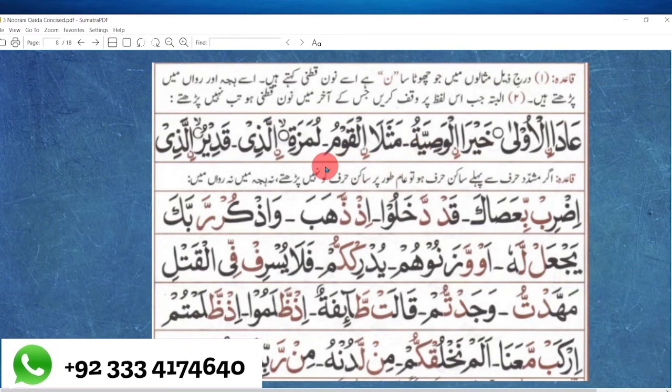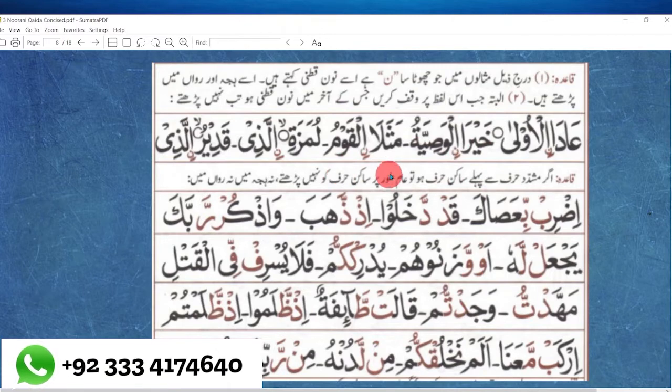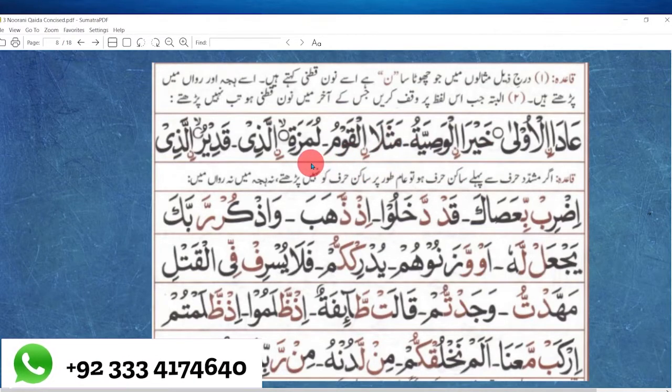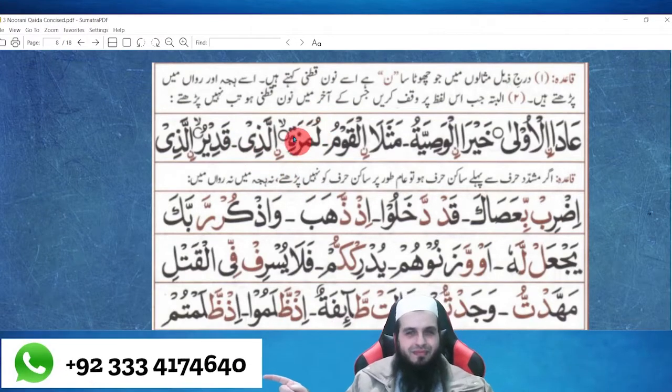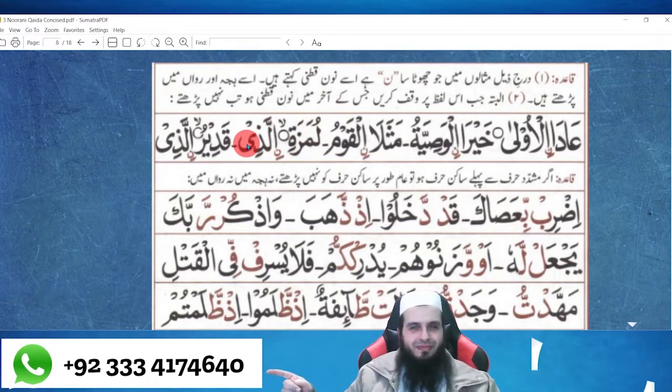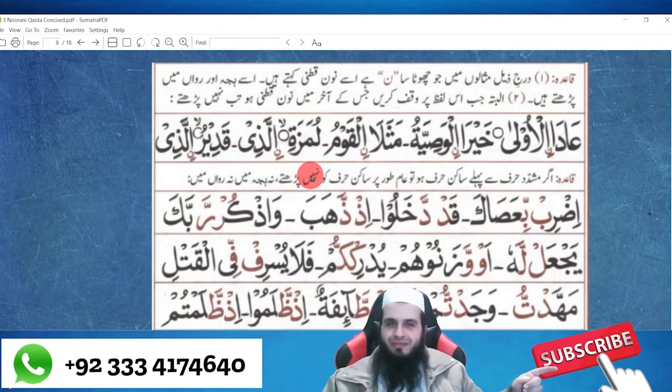Mathalanil qawm. Okay, and in regular mode, mathalanil qawmu. If we decide to stop here, it will be lumazah. Then the next verse will be started like alladhi. We will put an imaginary zabar on alif, turning it into hamza, ignoring the noon qutni. However, if we decide to continue and combine these two verses, then we will have to read the noon qutni like this: